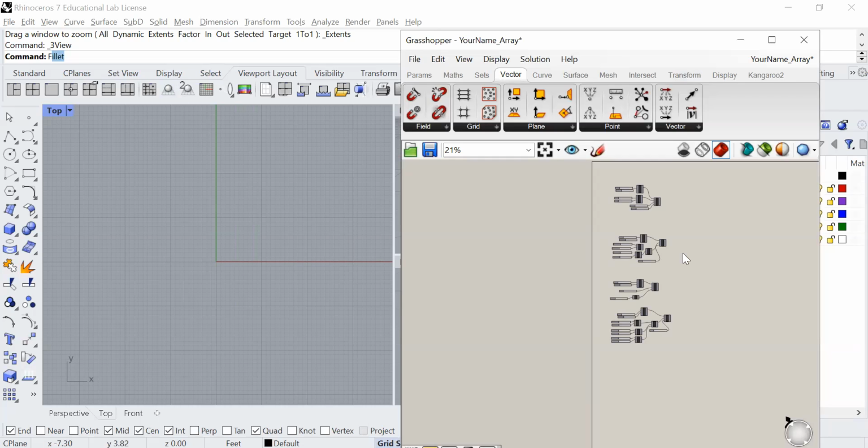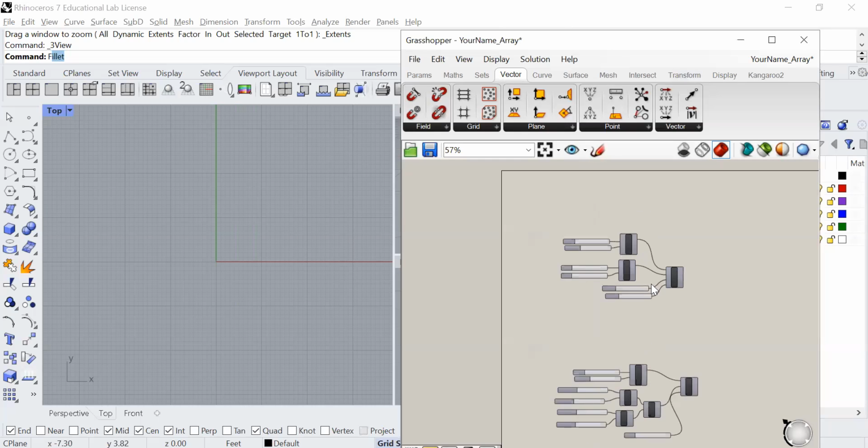In this video, I'm going to talk about the array functions in Grasshopper. I've already built a number of these, and I'm using the different types of arrays that are available. I'm going to zoom in a little closer so you can see in detail